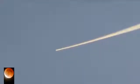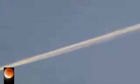Okay, so this is what happened. I saw this chem plane heading towards the moon, the area of the moon. You can see blatantly, obviously, it is a chem plane. You can see all that aluminum coming out the back of it as it's being sprayed hard, racing towards the area of the moon. And then, when I zoom in again, moments later as well, the moon is just being blacked off. Can you see just that haze? Chemicals that are being sprayed. There are unnatural clouds. They are chemicals to hide the truth. The moon is now